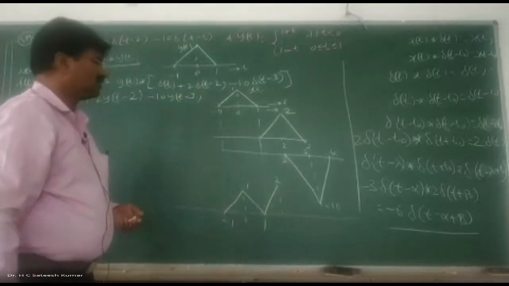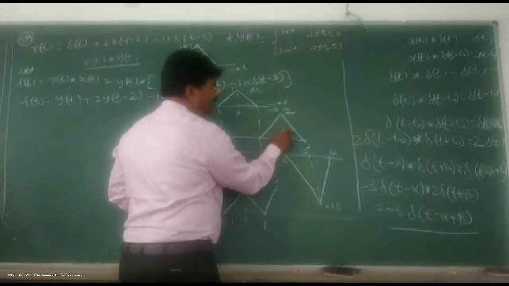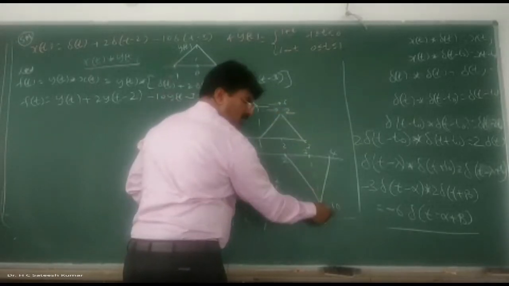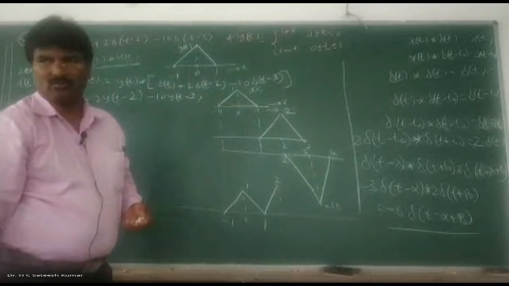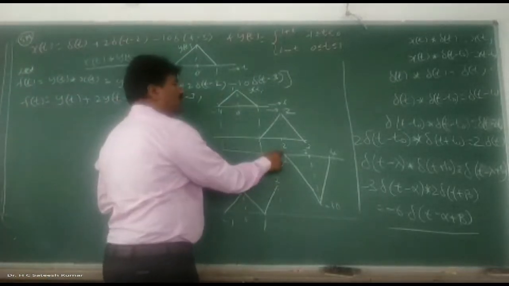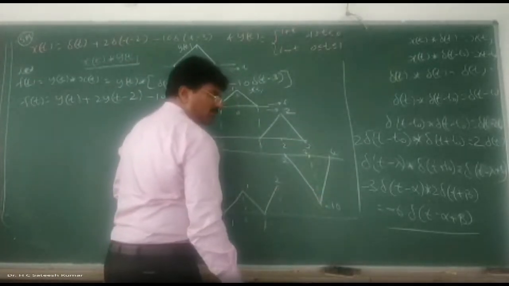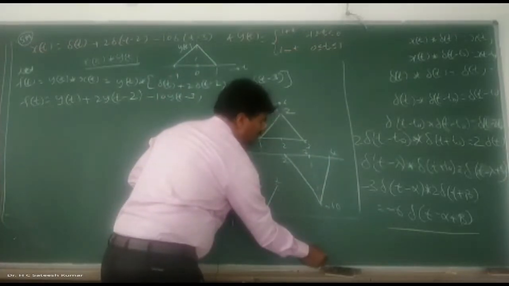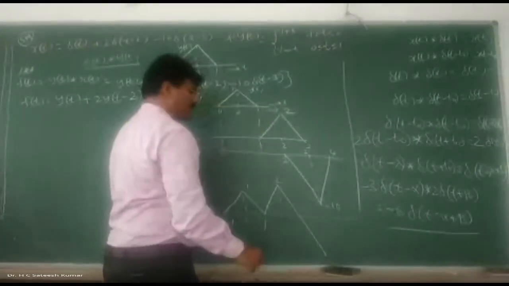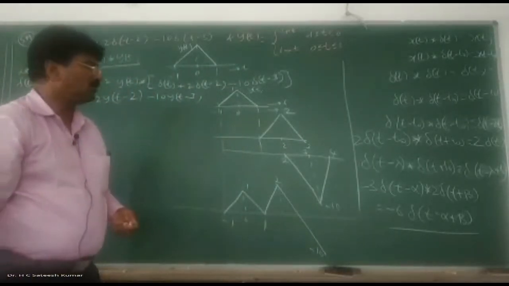Okay, right. Now, carefully you should do it. From 2, it is decreasing by 2 units, then decreasing by 10 units. So totally it should decrease by 12 units. Go to the endpoints and fix it. This is 0, 0 plus 2 is 2. Next, 0 plus minus 10 is minus 10. So it will decrease up to minus 10. See that 2 to minus 10 means 12 units only it will decrease, no?